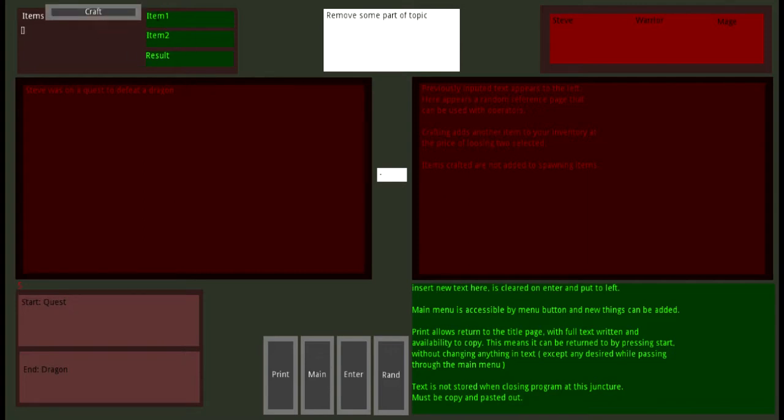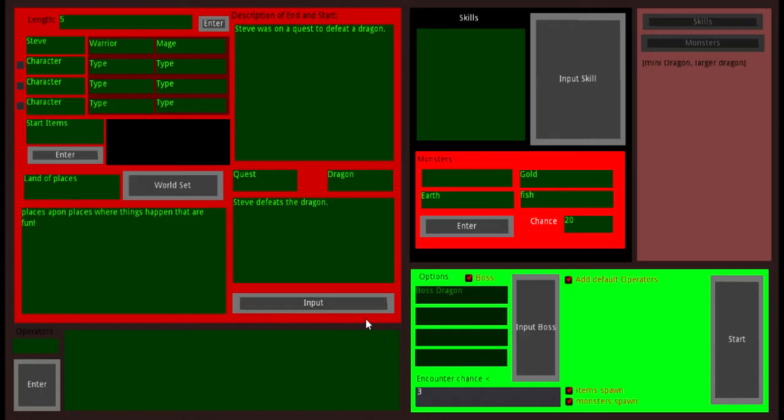This is a crafting menu. When we get items, I'll show you how that works. And you can go back to the main to add more stuff, like an item, which the items have to be put in from this. So fire, put it in. I have to fix that. It'll be fixed when this video's out, but it tells you what's in there. Water,